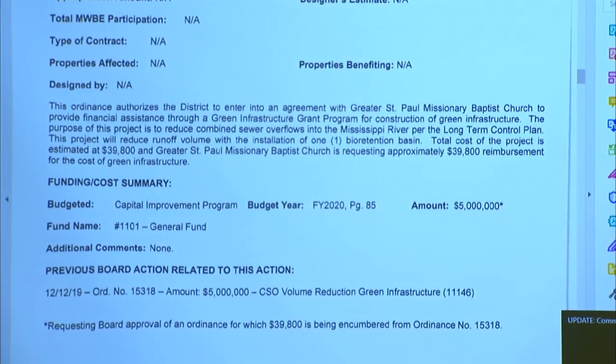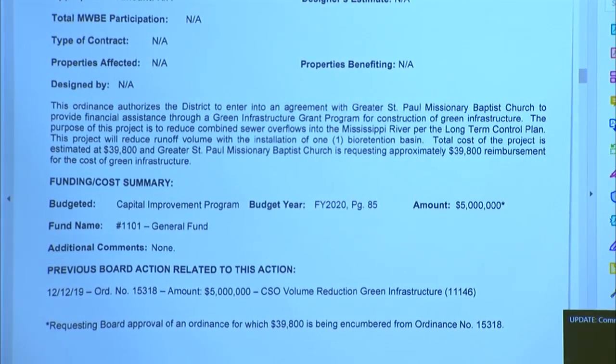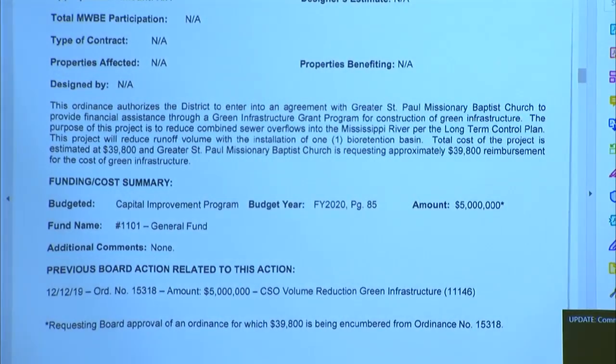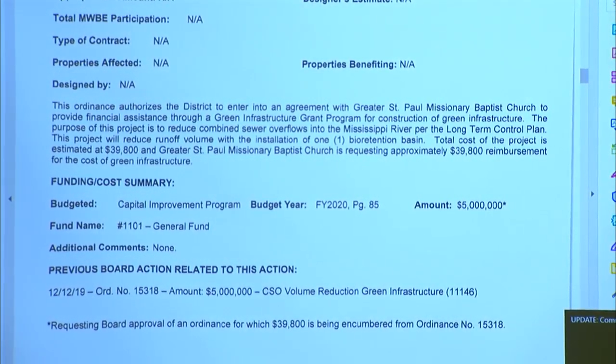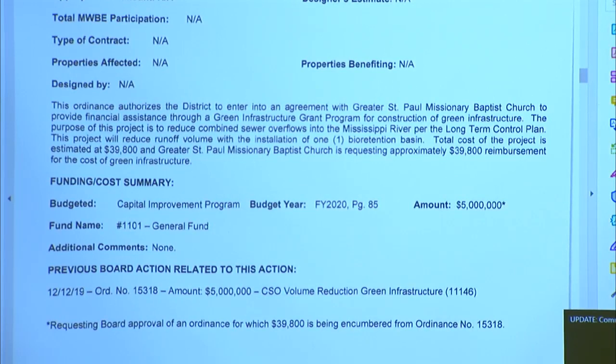The purpose of the project is to reduce combined sewer overflows to the Mississippi River per our long-term control plan and the consent decree. This project will reduce runoff volume with the installation of 1 bioretention basin. The cost of the project is estimated at $39,800, and the Greater St. Paul Church is requesting the full amount, $39,800 reimbursement for the green infrastructure.